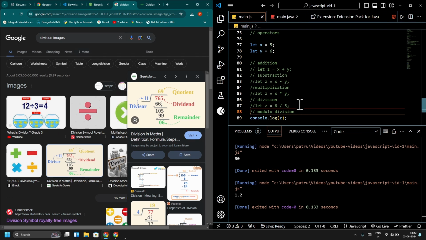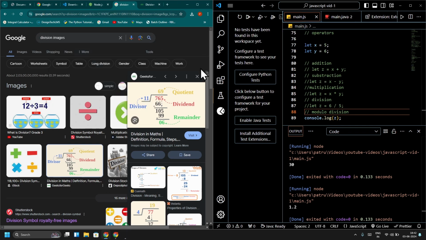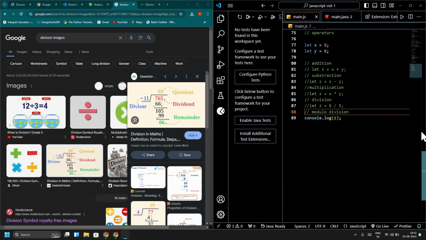So 5 is the divisor, 6 is the dividend, right? The quotient is the value that we get. So the quotient here came out to be exactly 1.2. So we can see it can't have decimals right here. Why? We can have them, but technically, before giving the decimal values,